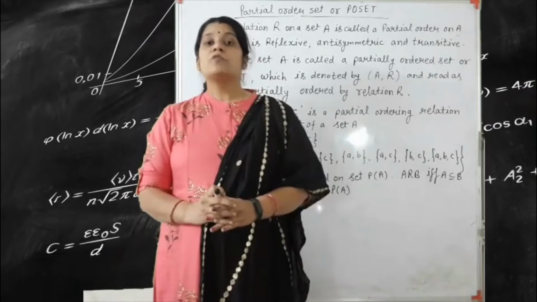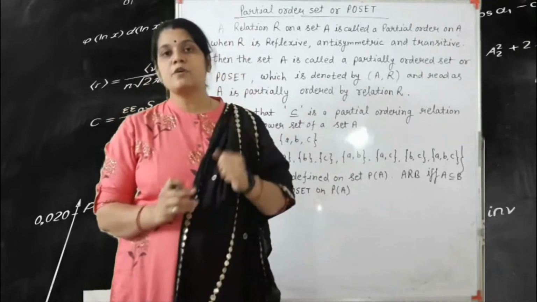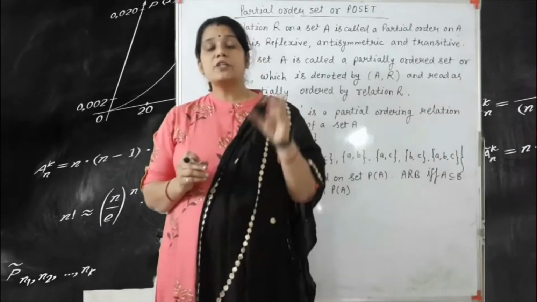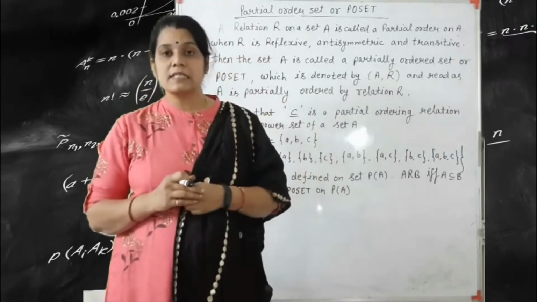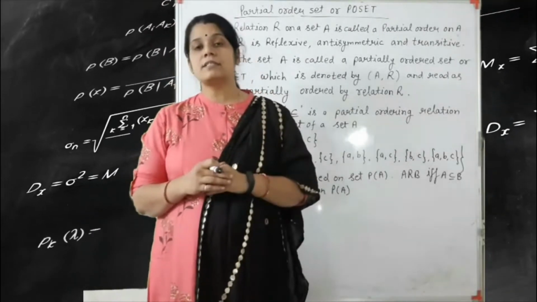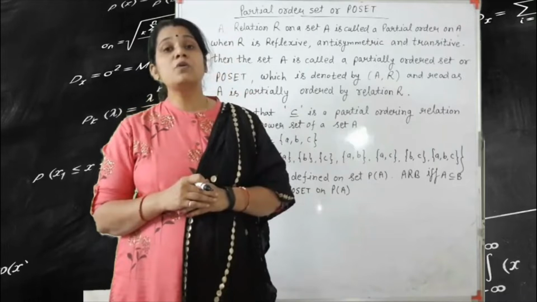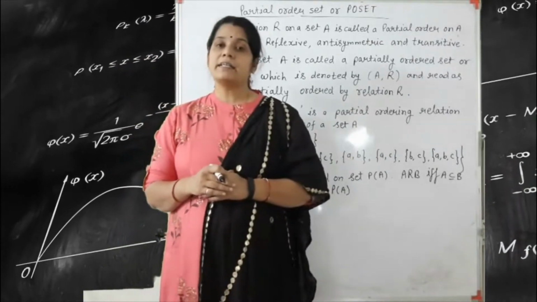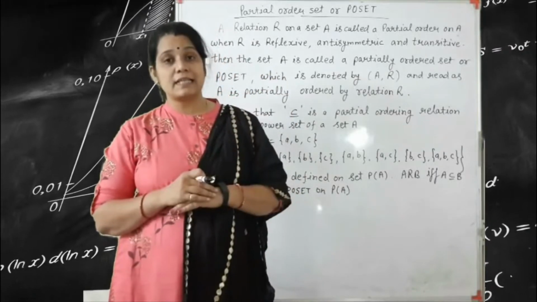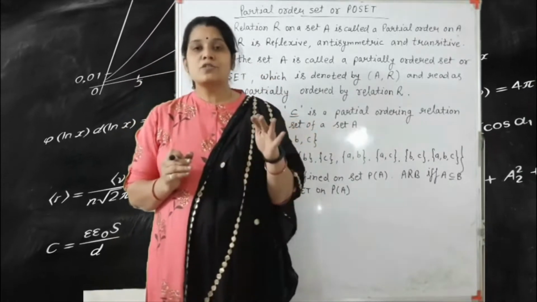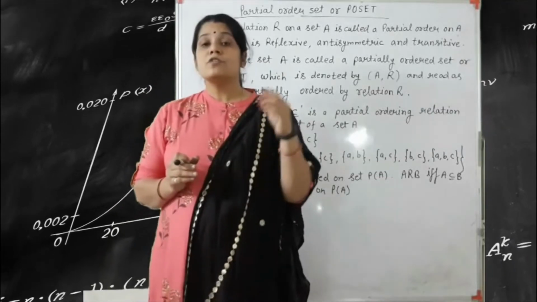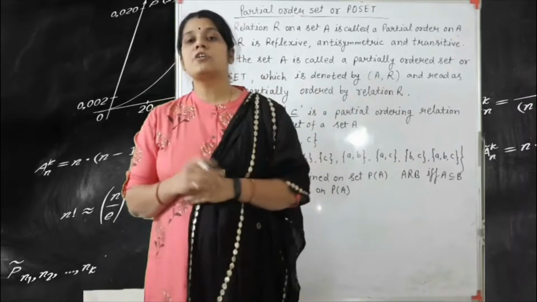So what is the condition? We have two conditions. The union of all the equivalence classes is equal to set A, and the intersection of the distinct equivalence classes is equal to the empty set. So we find here the partition. That means every set according to your equivalence classes, but the distinct sets. So we can say that this is the partition. We have already seen the definition of the partition.